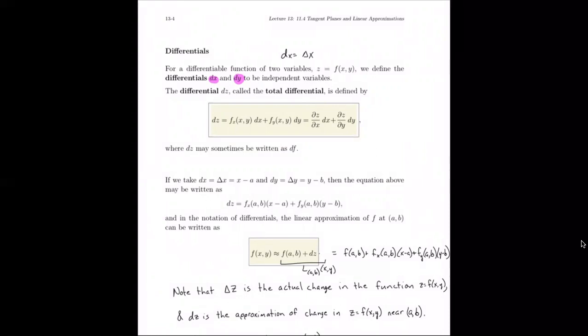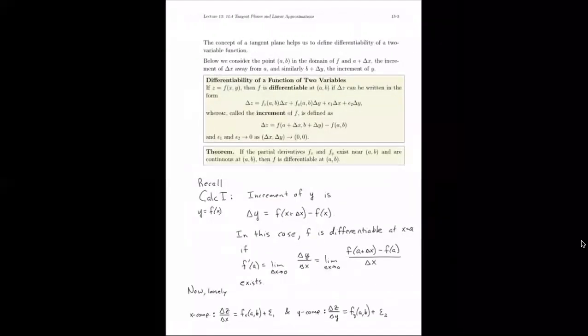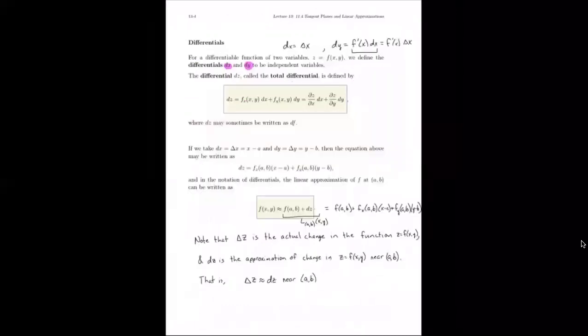However, dy was more complicated. dy, we often saw as f prime of x dx. And that should look a little bit familiar. f prime of x, if we substitute this for delta x, it's starting to look like what we saw on the previous page, the derivative of f times delta x. It matches this situation as an analog to what we used to be able to do. Now both dx and dy are independent variables, so we're really playing this game with z, right? So that y should really be a z in here, and we're seeing something along these lines. But there are two variables, so for dz we need to also input y's